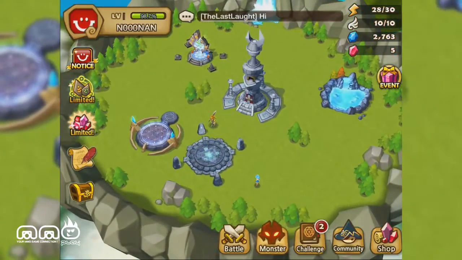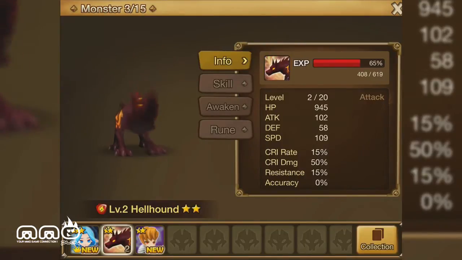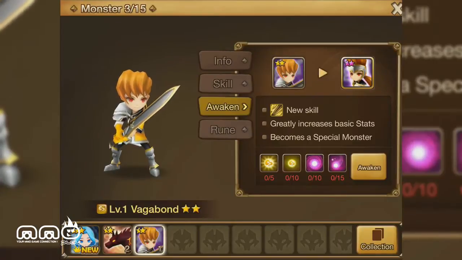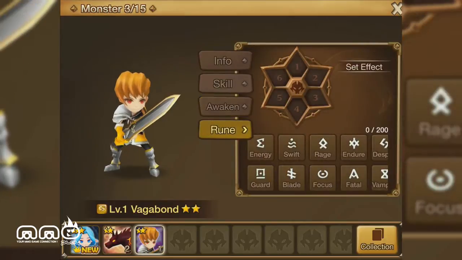Now, getting into the monsters, they're really awesome. Like I said, it's kind of like the concept of Pokemon again. You collect them. They have different levels. You level them up and stuff like that. They have various skills. As you can see here, we have a skill overview. We can awaken them to power them up. It's kind of like evolving them, if I were to compare it to anything. We could give them runes to give them even more power,